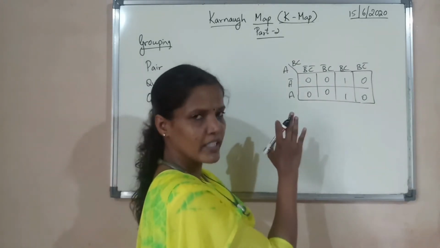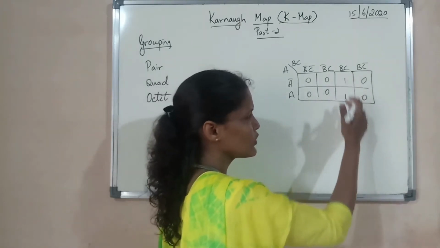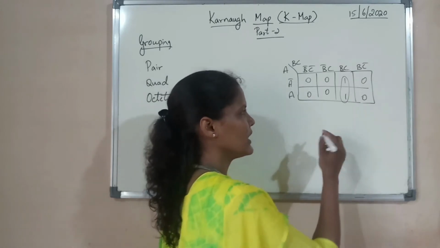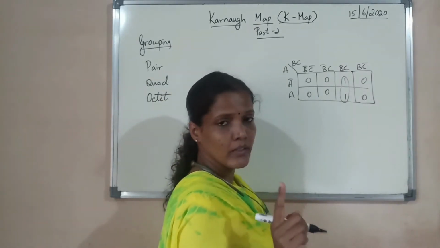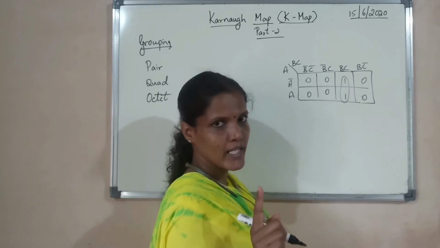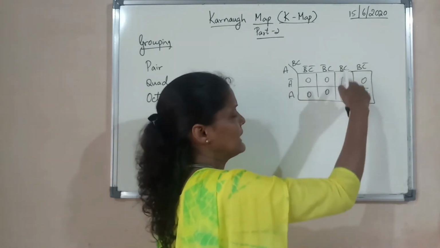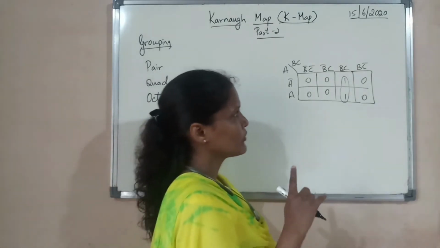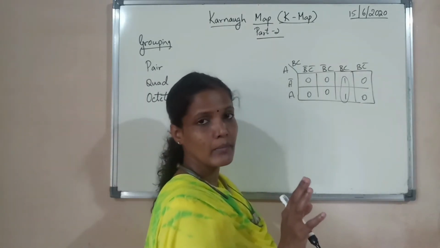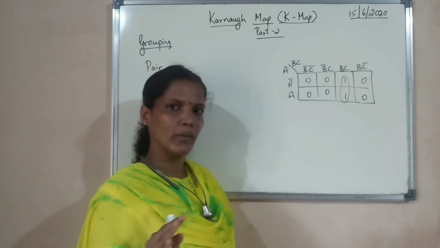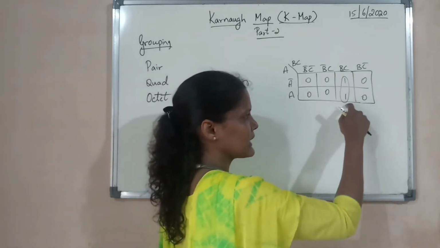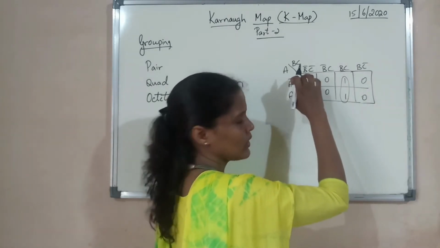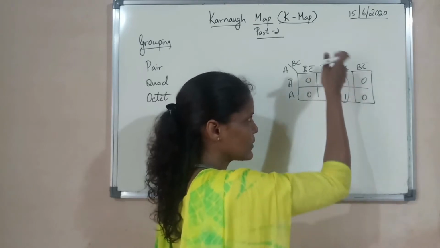Sir, here I have already written a K-map. Here I have two adjacent ones which are present in the vertical manner. When I told you that when I do pairing, one of the variables will be eliminated. Here, in this K-map, we are using three variables A, B and C. Out of these three, the variable which is present in both complemented and uncomplemented form will be eliminated. For this particular grouping, I have to consider these two variables as well as this particular term.